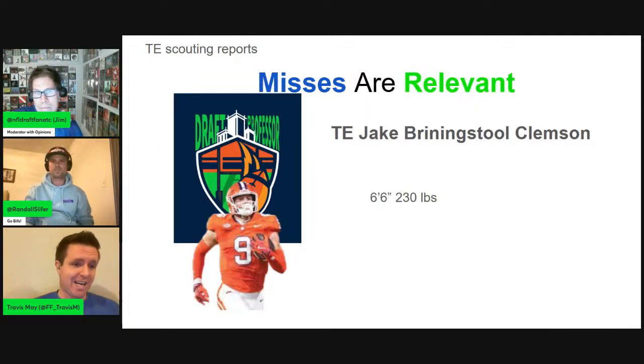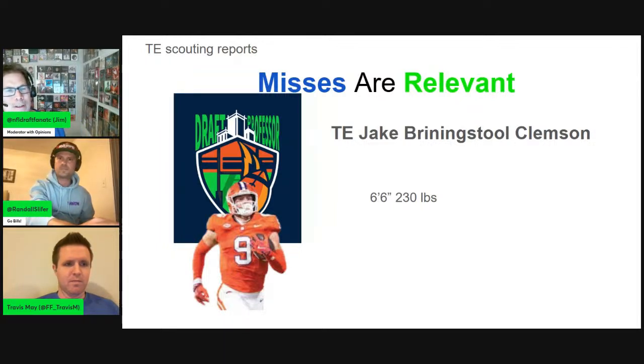So we might actually see a tight end run at the end of round 3, and that's where he goes. But if I was a GM, I'd be hoping, hey, let's just get to the back half of round 4, and I feel like I'm stealing. Agreed. And I think one of the other things, Travis, that works into that too is that rookie tight ends don't typically play much, right?